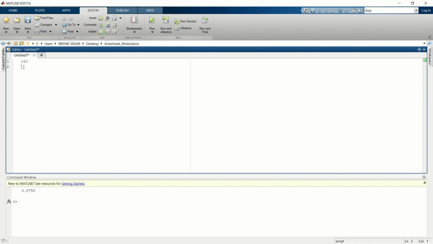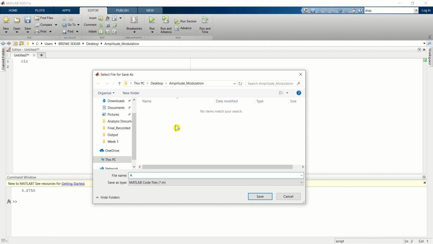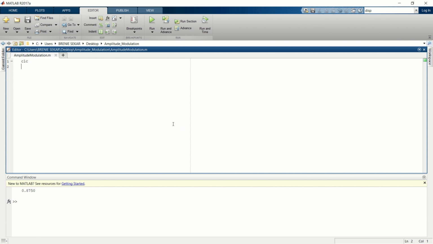CLC, which is used to clear the command window. The previous values available in the command window will be deleted. First, let me save it as amplitude modulation, and for running the program you can either click on this green button or else you can press F5. So the previous values available in the command window got deleted,